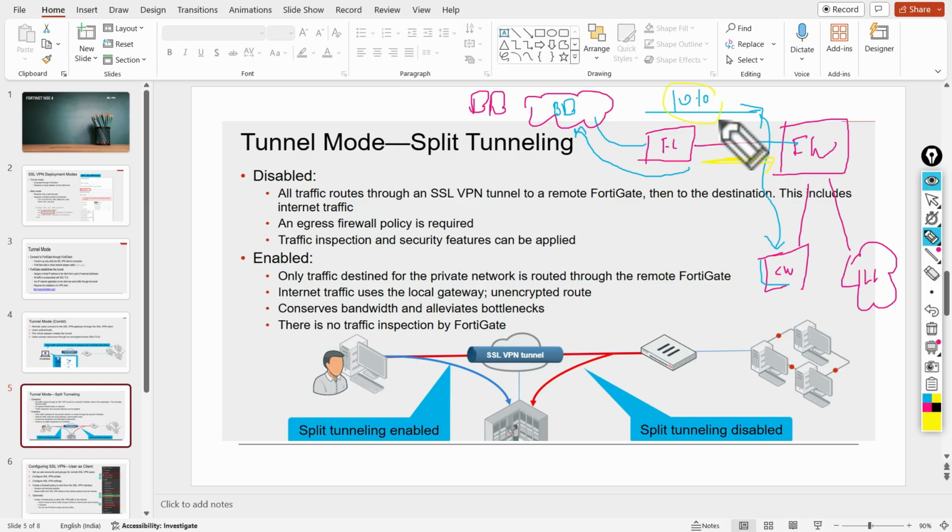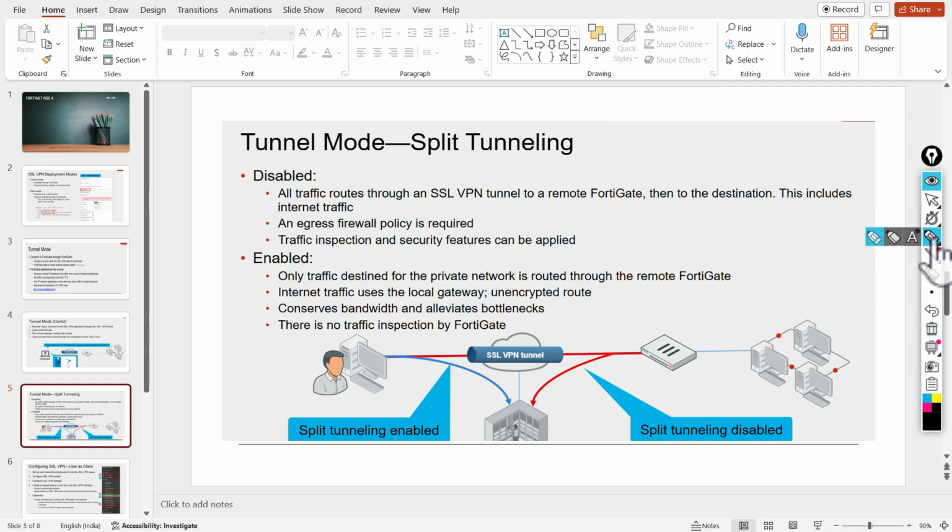Only the private ranges present on the FortiGate firewall will be forwarded to the corporate firewall. Any internet-based destination will be sent directly to the user's broadband, so there is no need to send it to the FortiGate firewall on the corporate side. So these are the major two differences.